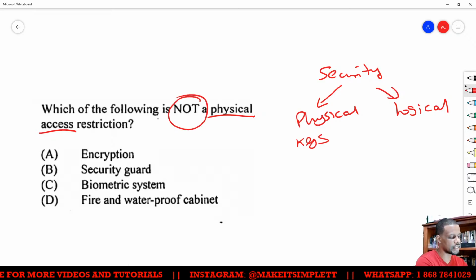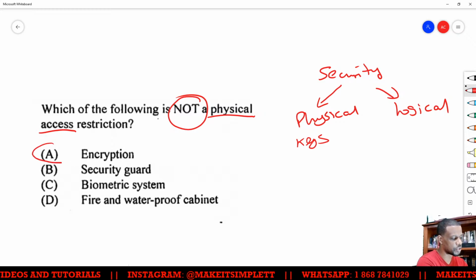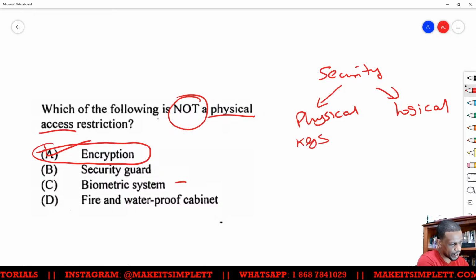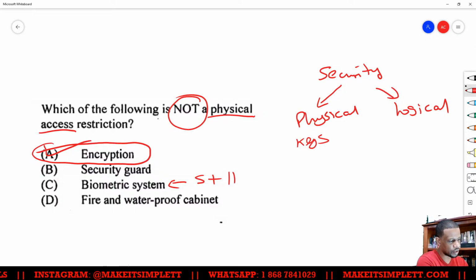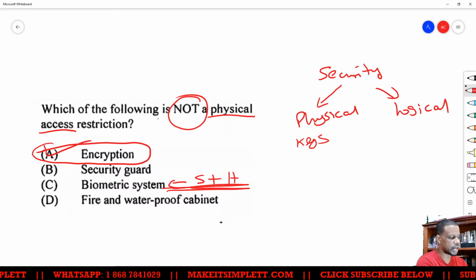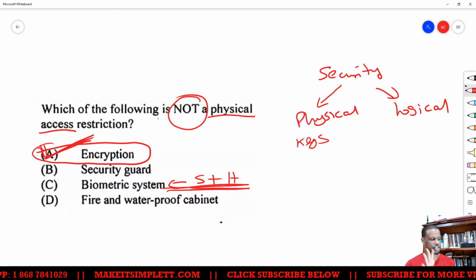And out of all of these here, there's only one of them that you only need software to do. Encryption, right? Encryption only requires software. Biometric requires software and hardware. So this has a bit of physical in it, so biometric does get classed under hardware. So don't get too distracted. Like Vedang said, that is exactly what it is, a distractor. So encryption is the one that is not physical, because access restrictions can be physical.